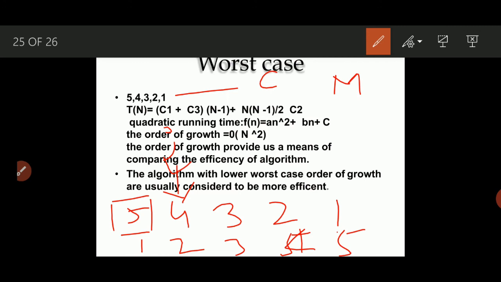Then j is at position 2, the first time, so one comparison and one movement. Okay, one comparison, one movement, then the total is 2. And when j is on the third position, both